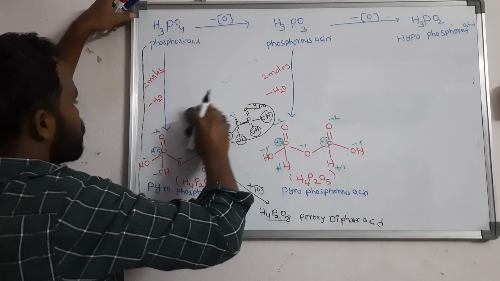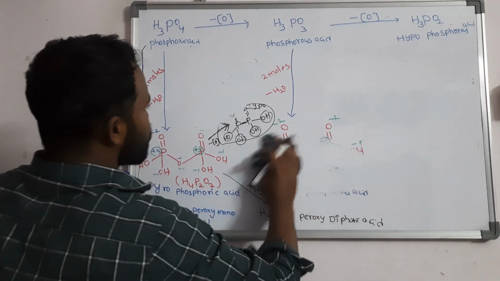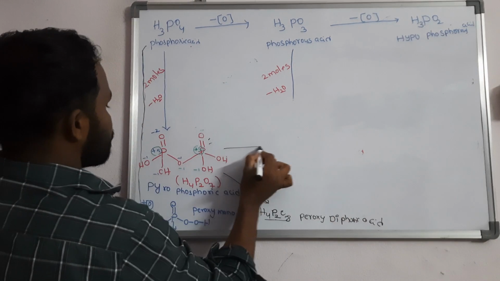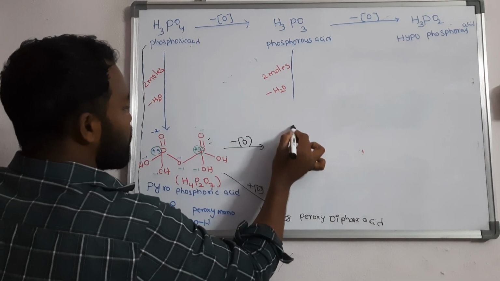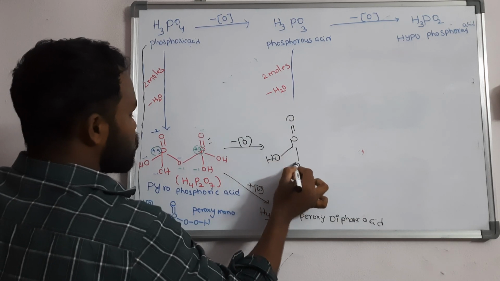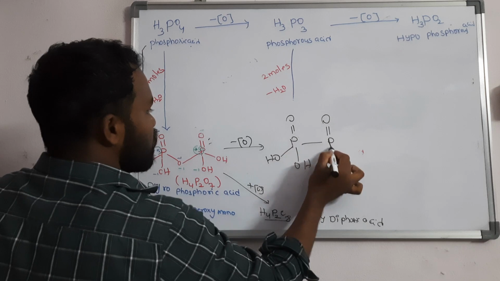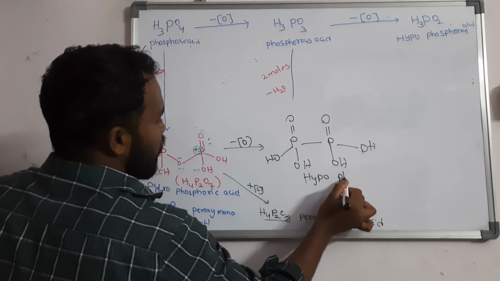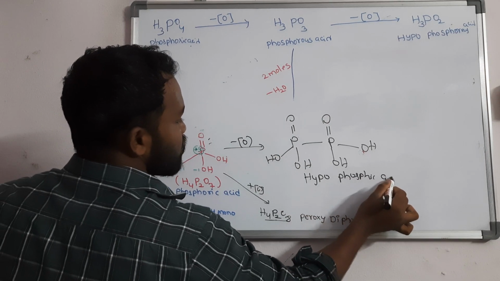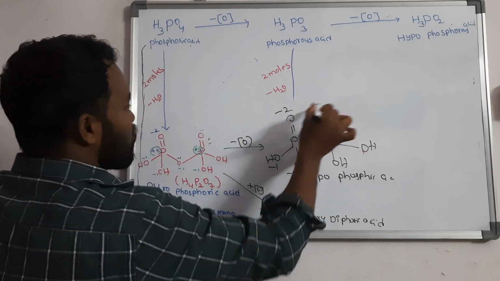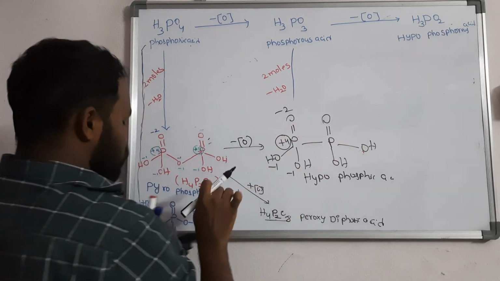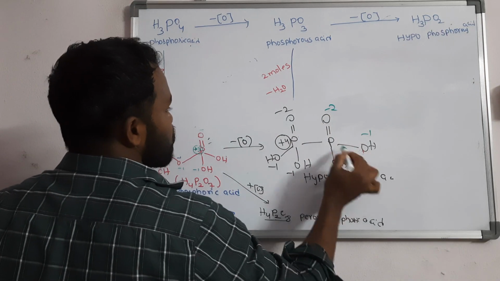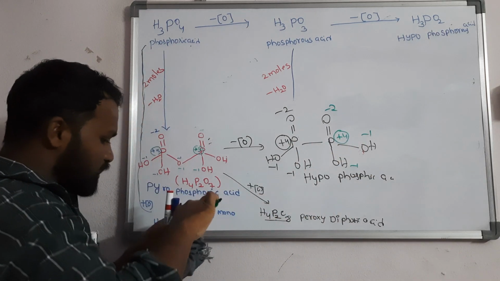Here I am going to show you. This I am going to leave because the board is not sufficient. From this, just remove one more oxygen. You will get P double bond O, OH, here OH. Then you are left with P double bond O, OH and OH. So this is hypophosphoric acid. -2, -1, -1. Automatically you will get +4 here. Here also you will get +4, because -2, -1, -1 gives +4. So both phosphorus atoms get +4.